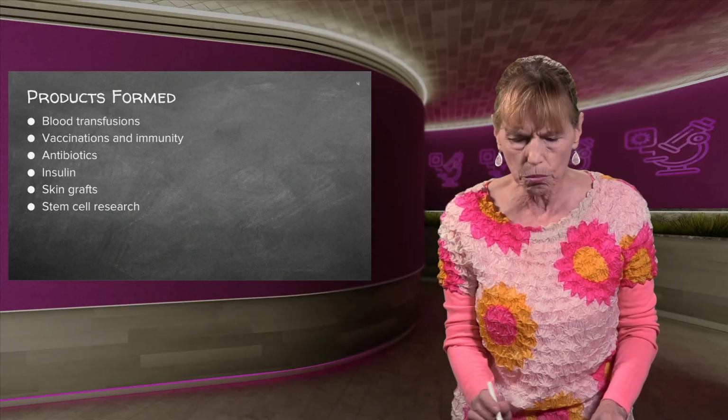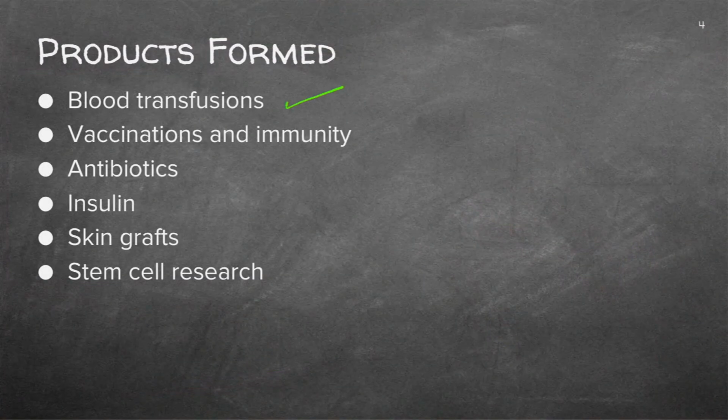Okay, products would be things like blood transfusions. Now, blood transfusions we know is a big deal. We'll get to that now. Vaccinations and immunity, on everybody's lips, as every advert says. Antibiotics, to make sure that all the bacteria in your body can hopefully be subsided. Insulin, for those with diabetes, we can help them so that they can form the insulin so that you can get your glucose changing into glycogen, as we discussed when we were doing our carbohydrates.